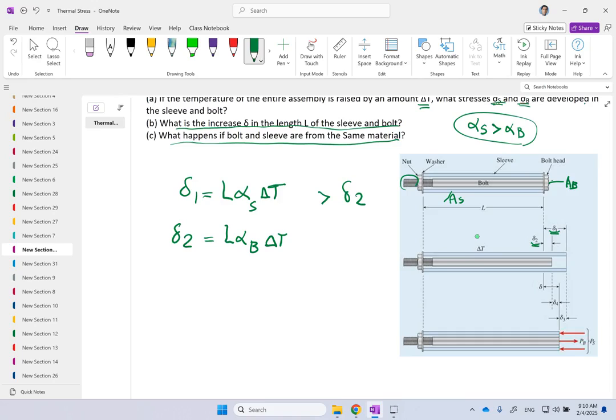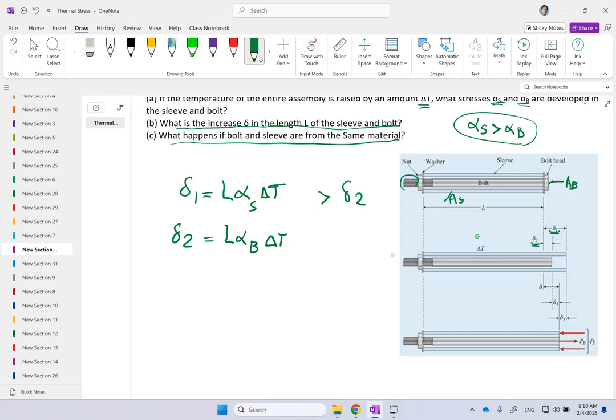Because the alpha is bigger. Good. So now what's going to happen? Now here is the part where we have to bring the effect of that bolt and that washer and force them to both basically expand the same amount. Why? Because if not, if one of them expands more than the other one, now initially they do, of course,